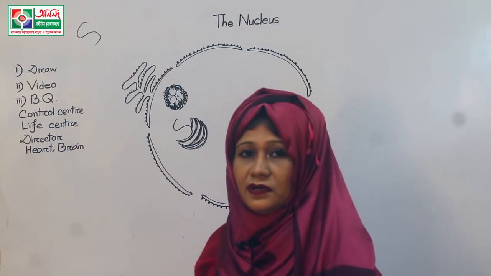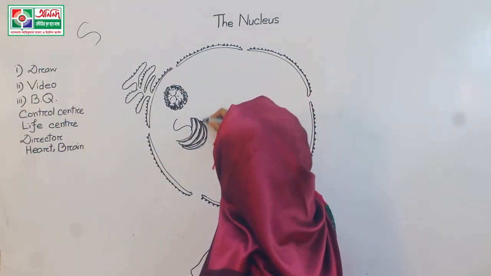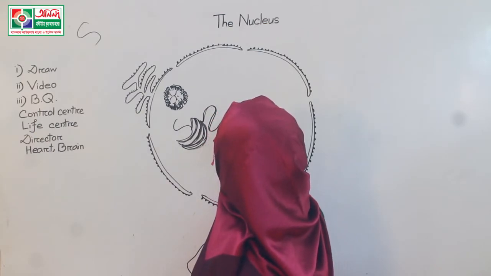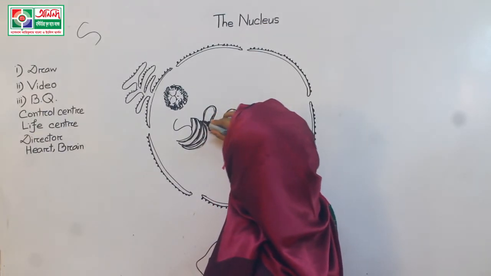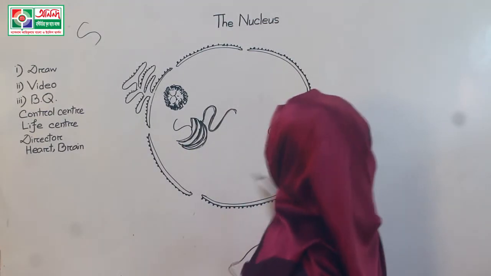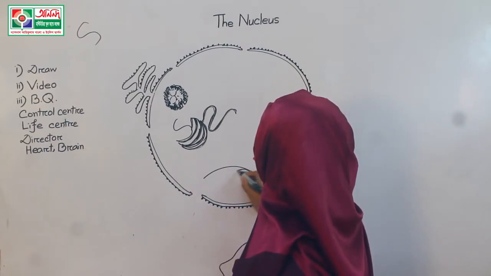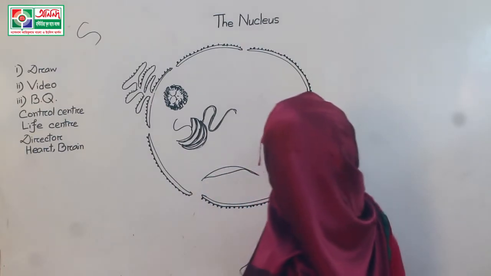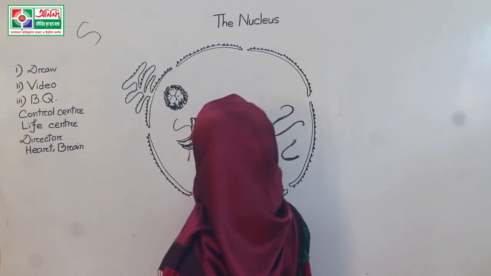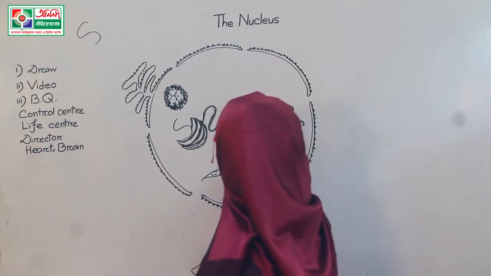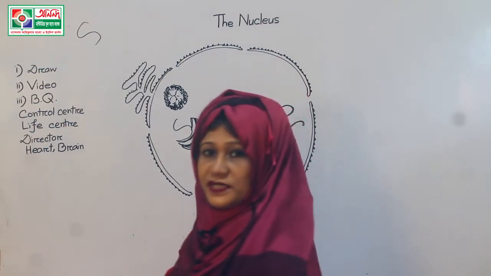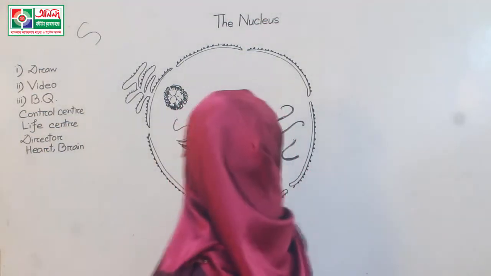Then we will draw a larger U. This is our U. And also make it darker. After that, another U, and also another U. And here is a chili-like structure. This is our chili, and we will also darken these portions. We will make some dots in between. Okay students, now we will draw the chromatin fiber, that means a thread-like coil structure.